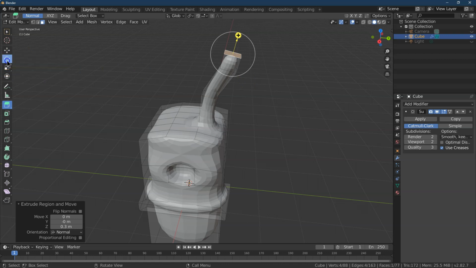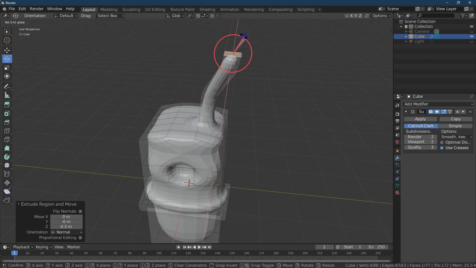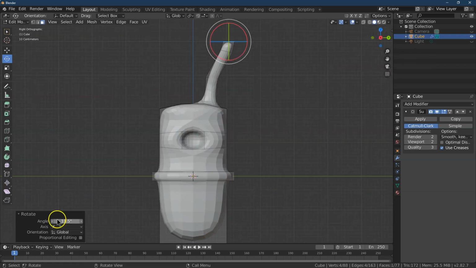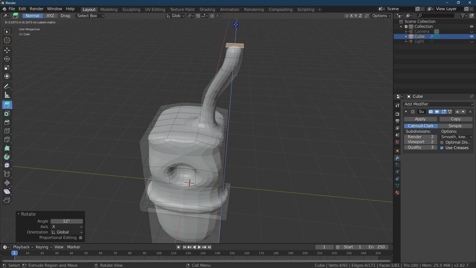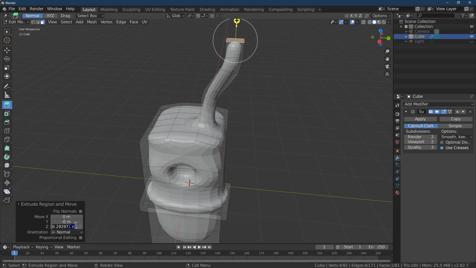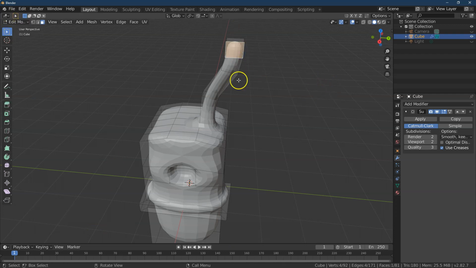Let me go into rotate. And we want this flat. Okay, all right. And now with that flat, we are going to go extrude one more time. Flat and basically the same size. Right here. Yeah, 0.3. All right. Now let's go into face select mode. Select this face